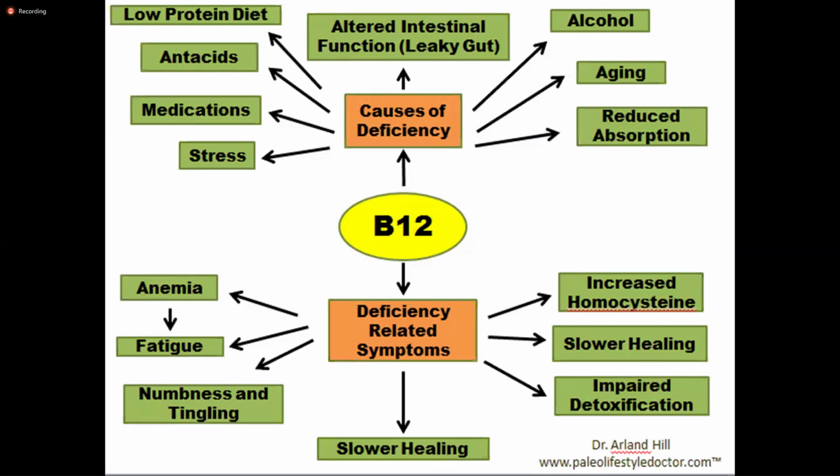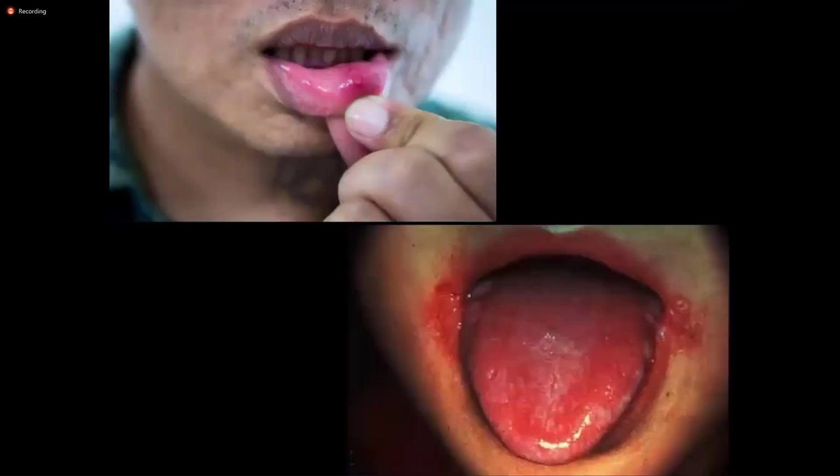There is also impaired detoxification of the drugs and compounds that are not suitable for our body. It also disturbs xenobiotic metabolism. The commonest symptoms which appear due to deficiency of vitamin B12 are angular cheilosis or leukoplakia, what you have seen right now in the image. These are very common. So not angular stomatitis, but leukoplakia, the upper image.